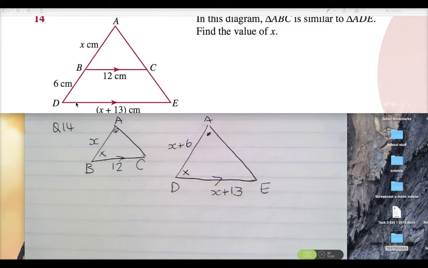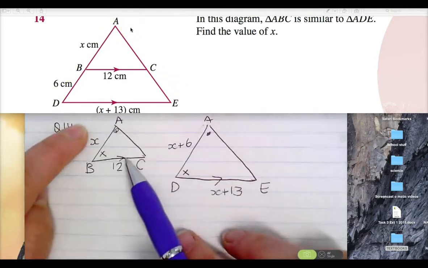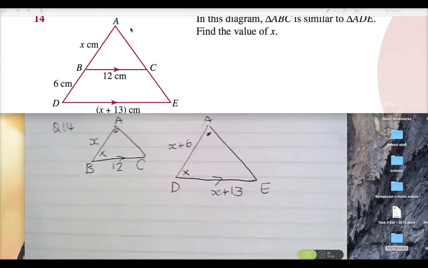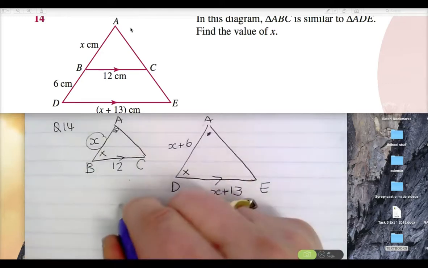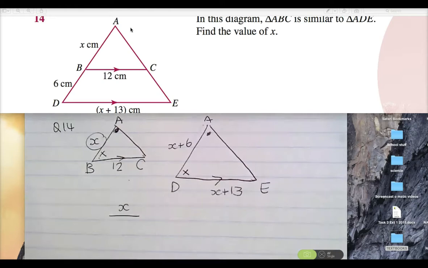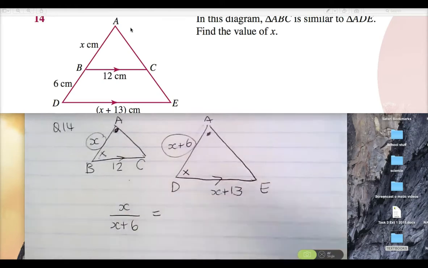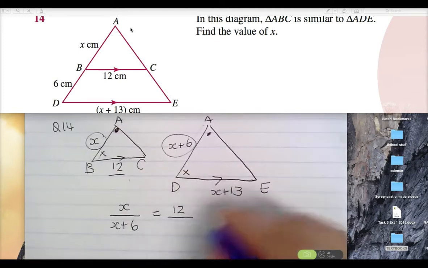So, girls, with similar triangles you have to identify where the same angles are. Draw them separately, as we have here. Write the side lengths on each, whatever you've got. Now, how do we set it up? What matches with X? So X over, so that's dot cross. What's it match with? X over X plus 6 equals, what does 12 match with? 12 over,